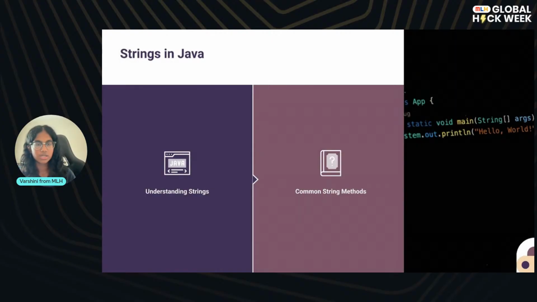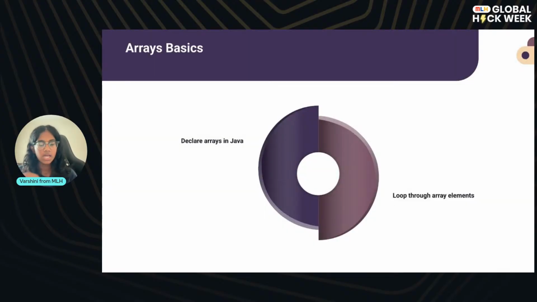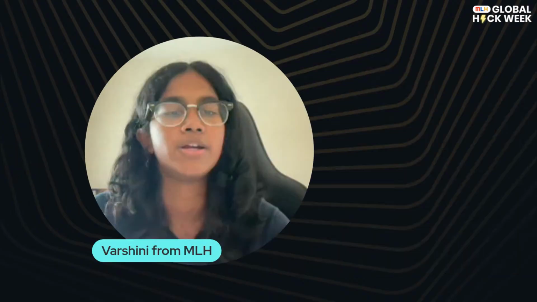And then we're going to talk about arrays for a little bit. So if you want to store 5 different numbers, you could create 5 variables to store each of the numbers, but that's not really scalable or organizationally efficient. So we can use an array instead. And an array is basically just a single variable that can hold multiple values of the same type. So let me go back to VS Code and show you how we can create that.